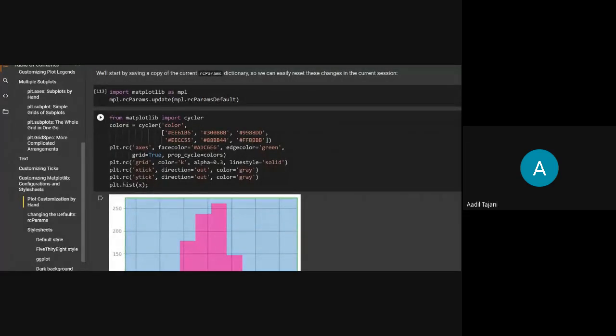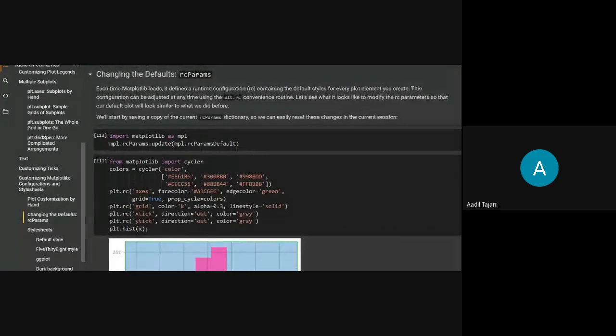So in Matplotlib, you've got a module for RC params. These are the RC params which define the default parameters that Matplotlib uses to plot. These parameters are by default present, and they have the values that are used for plotting, and you can change those default values. If you change the default values, then whenever you plot again in that notebook or in that IDE or anything, the new values that you define will be used for plotting.